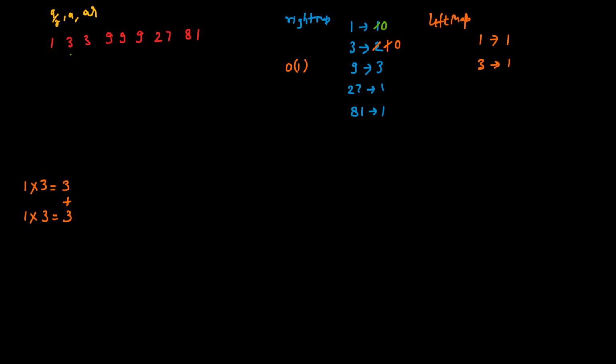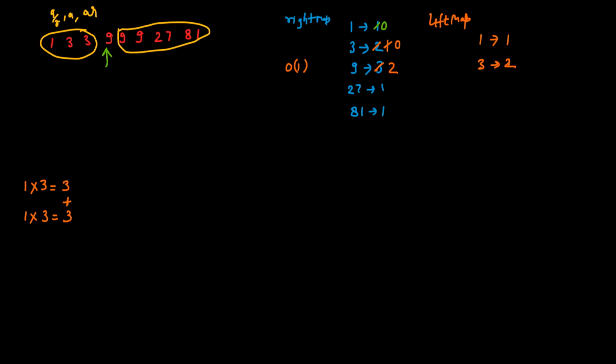Next, move to the 9 here, guys. So I'm just removing this. So now the element will be 9. So this is our left map and this is our right map. Based on that, we just need to adjust this also, guys. If this is the left map, the 3 frequency we are going to increase. So I have made it a 2. And on the right hand side, I am going to reduce this frequency.